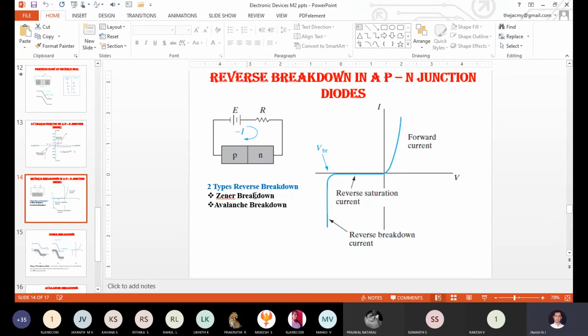Before entering into the Zener breakdown mechanism and the avalanche breakdown mechanism, can anyone tell me, for enhancing the lifetime of the PN junction diode, whether the damage is due to very high forward current or very high reverse current, correct? How can we enhance the life of the PN junction diode? Which component do you need to use for enhancing the life of the PN junction diode, or for avoiding the damaging of the PN junction diode in your circuitry?